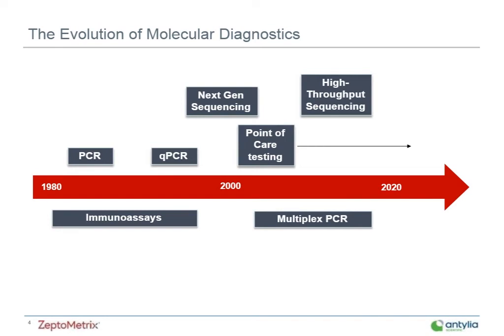So as you can see, this is a pretty truncated version of the evolution of molecular diagnostics, but I think it's helpful to put us into context today to see where we came from and where we're going, and the evolution of these processes. So if you've opened a molecular biology textbook anytime in the last 10 to 15 years, 20 years even, you probably know all this, but prior to the PCR, the diagnosis of infectious diseases was really laborious.